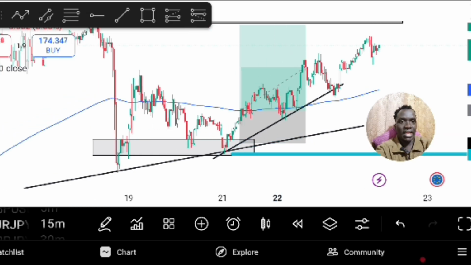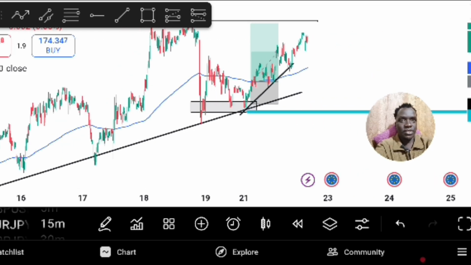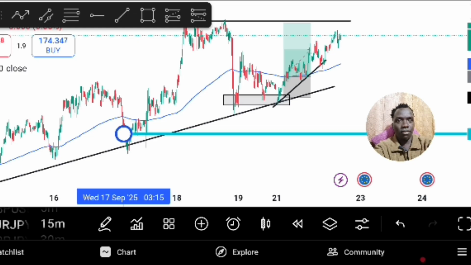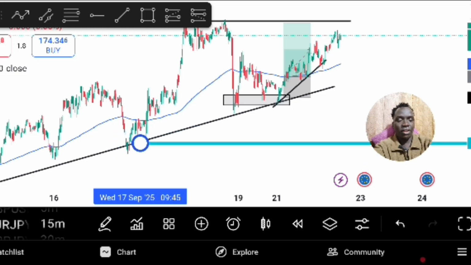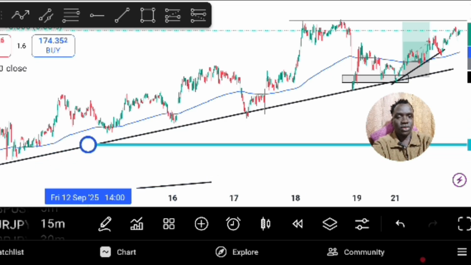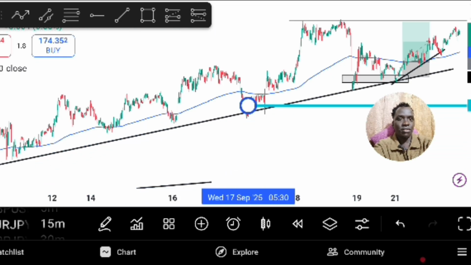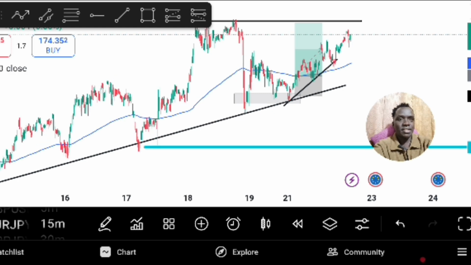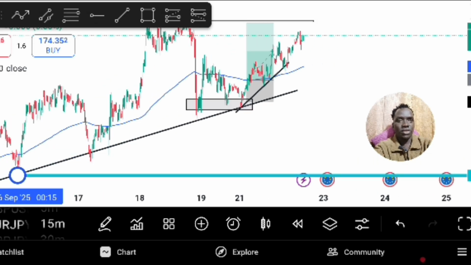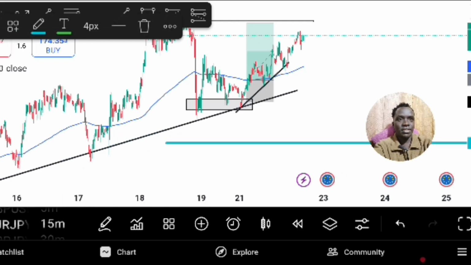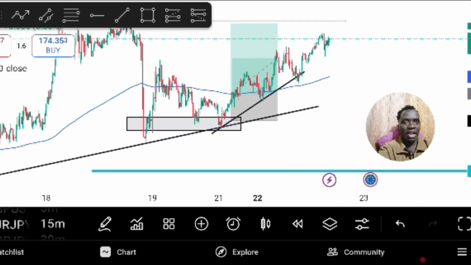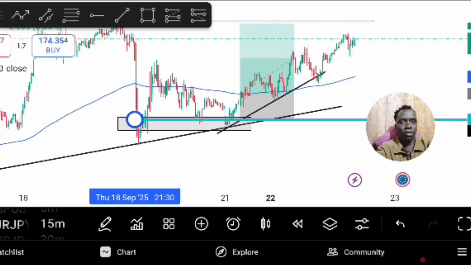I first drew my trend line, because I saw that the price is respecting each and every area of interest, or respecting every order block on the trend line. The price has not broken below the support levels of the trend line. It is always respecting those areas, because these are the order blocks here. As you can see, the price has not broken below it. It's always respecting. That's why I was able to mark this order block from here